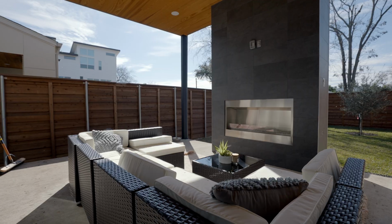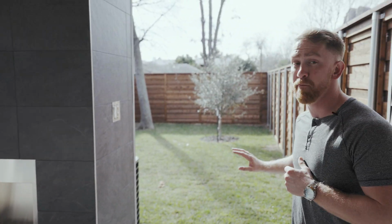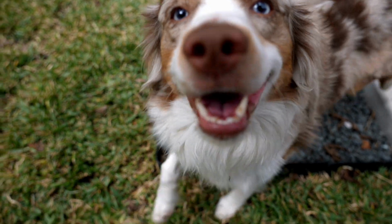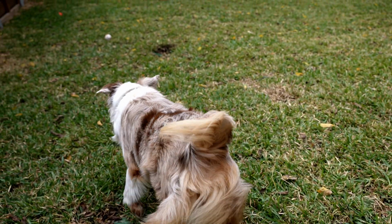So we're standing currently underneath the covered patio, but most of the other houses that I looked at in the East Dallas area really had no backyard whatsoever. This particular one has a massive backyard. I needed a lot that was gonna give my dogs the opportunity to run around and be crazy in because they've been cooped up, unfortunately, for the last couple years where I've been living in places that just don't have